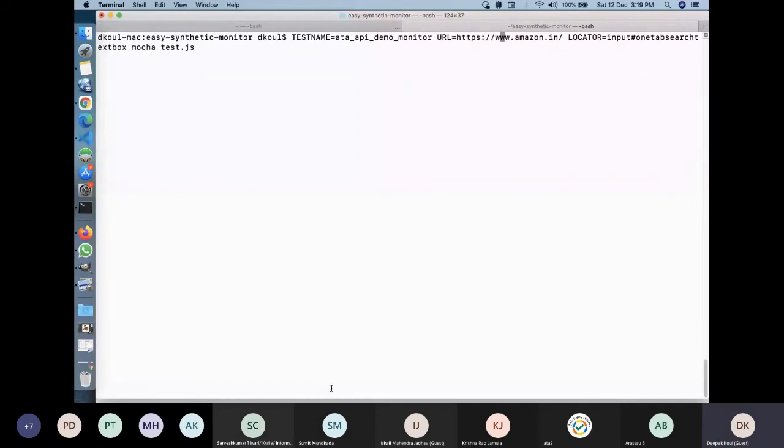And in URL, I'll paste this API endpoint. And then I don't need the locator, correct? Because this is an API endpoint.